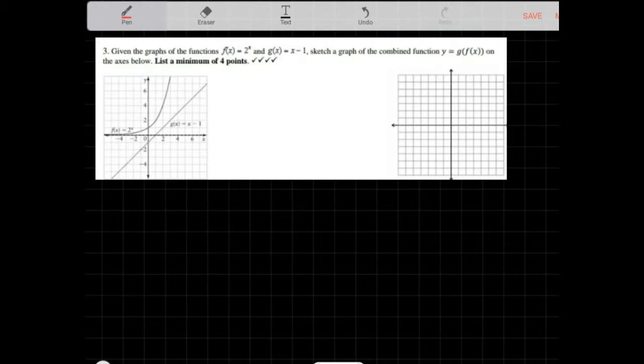Okay, given the graphs of the functions f of x is equal to 2x and g of x is equal to x minus 1, sketch a graph of the combined function y is equal to g of f of x on the axes below. Right, so here we're actually given f of x is equal to 2x, g of x